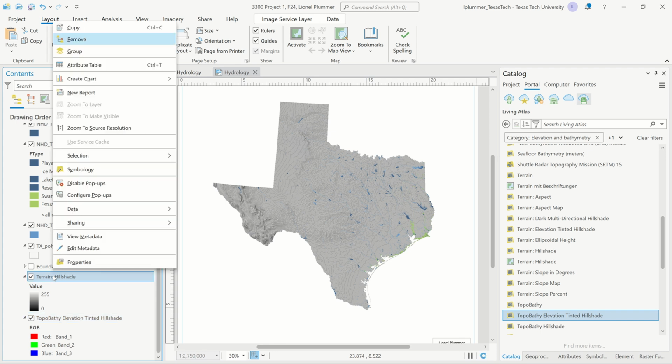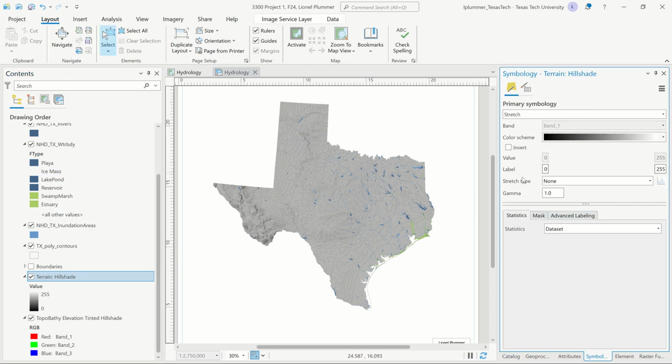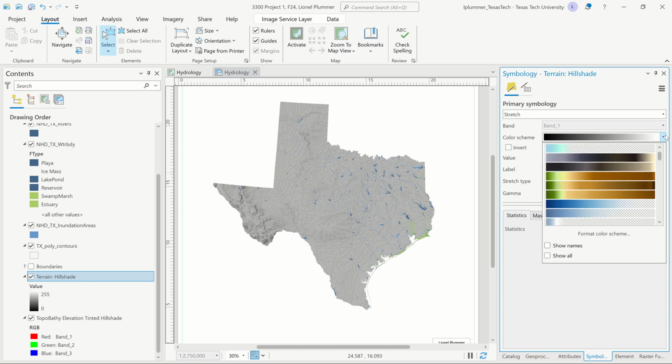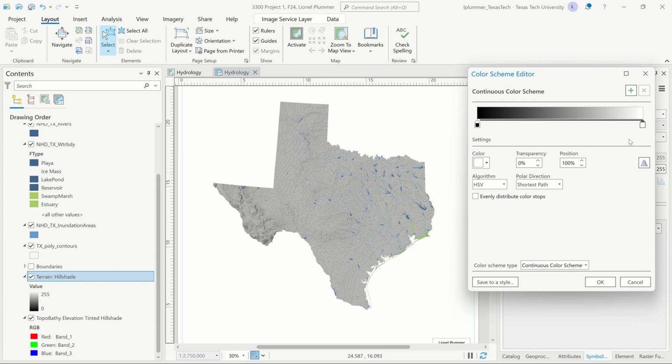We can right click on this and go to symbology, and then click on our color scheme and just format the one we have. And let's click on this pure white stopper, and we're going to change that to 100% transparent. Okay, so now we're only going to see the darks,